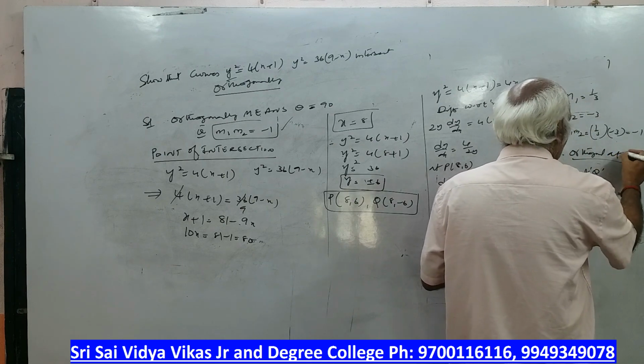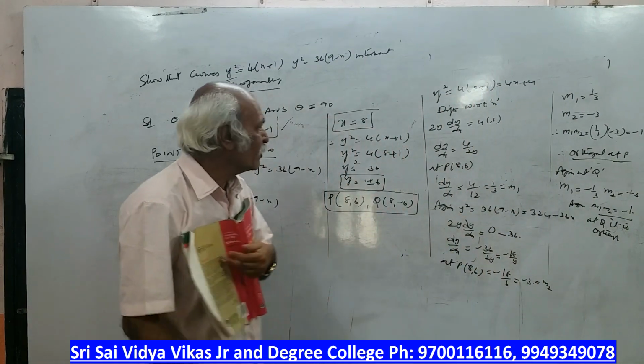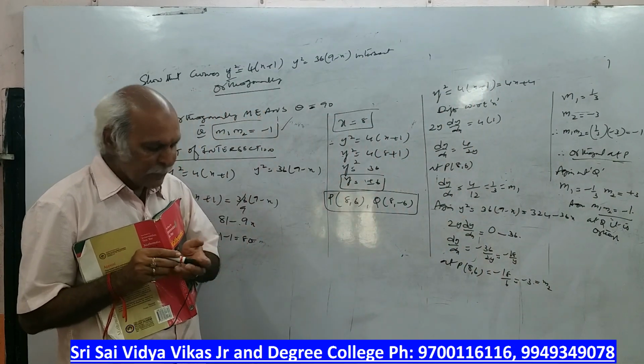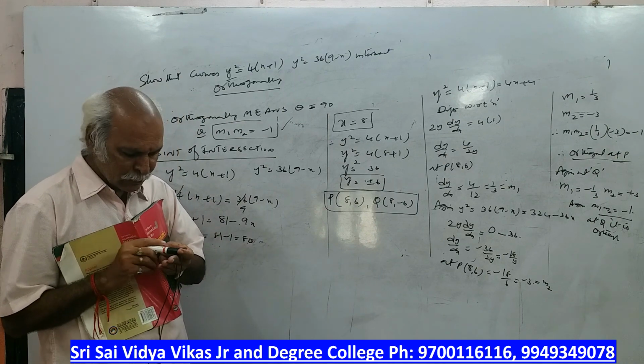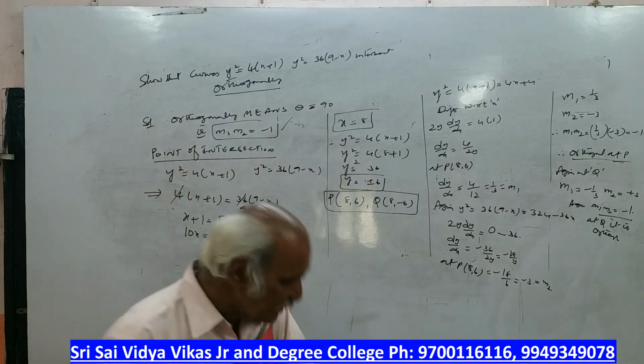At P, so this is the angle between curves, this is a 7 marks question. Many times he has repeated it in the final examination, so please go through it. Again the same thing we are doing. Okay, right? With this, angles are over.